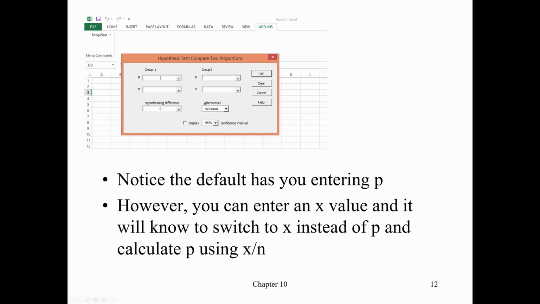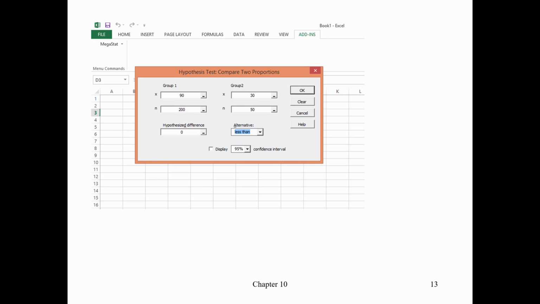Okay, so here's what you have. Notice the default has you entering the sample proportion. However, you can enter an X value, like, we had 30 out of 50, so you could put the 30 there, and since it's not a point something, it knows to turn it into an X and actually calculate the 30 over 50 for you. Okay, so group 1 is going to be my before, 90 over 200. Group 2 is going to be my after, so 30 out of 50. And I'm assuming that group 1 should be less than group 2 because the proportion should have gone up, so group 2 should be greater than group 1. Okay, remember the point will go towards what I think is the smaller